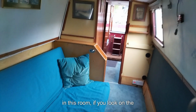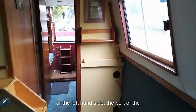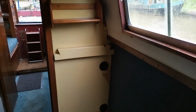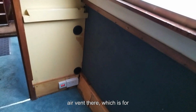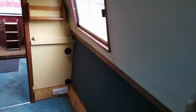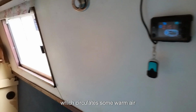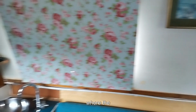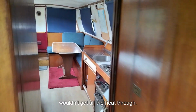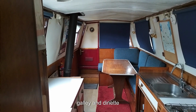In this room, if you look on the port side of the boat, there's an air vent there which is for a warm air diesel heater control mounted on the wall there, which circulates some warm air throughout this back end of the boat, where the multi-fuel stove in the next room possibly wouldn't get all the heat through, so keep you cozy in the winter. Galley and dinette,